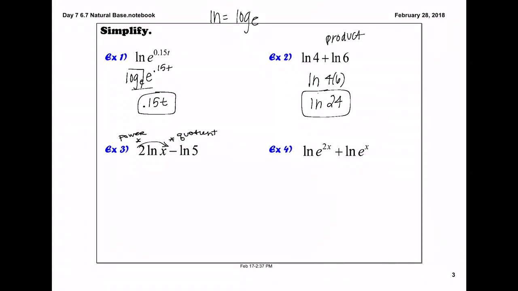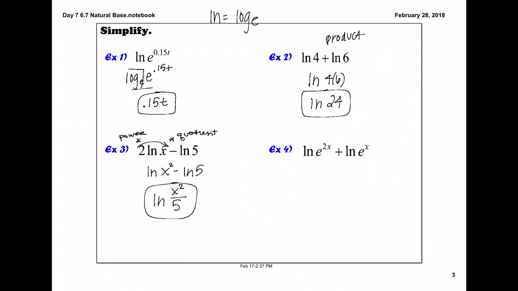Move your 2 to your exponent first, so the natural log of x squared minus the natural log of 5. The quotient property, we're going to divide x squared by 5, and we simplify. Example number 4,